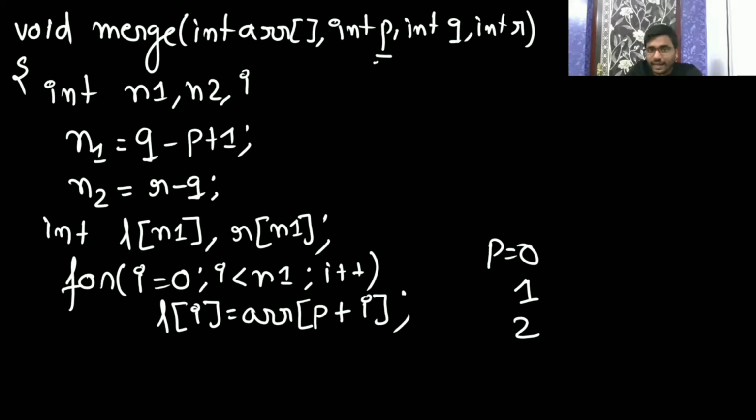See, p is the starting index. Here they have given it from the first part, but it can happen that from the middle part also they say this is the starting index. Here also you have some array elements. Now they can say that till this point you merge from this to this and from this to this. So they are saying the starting index is this, and till this point it is sorted.